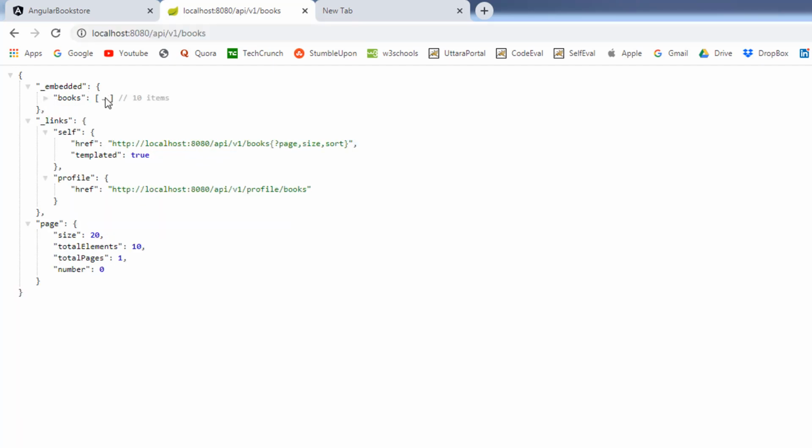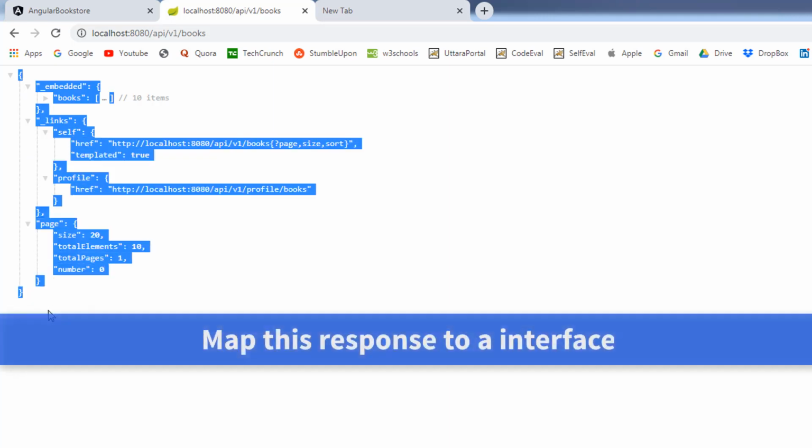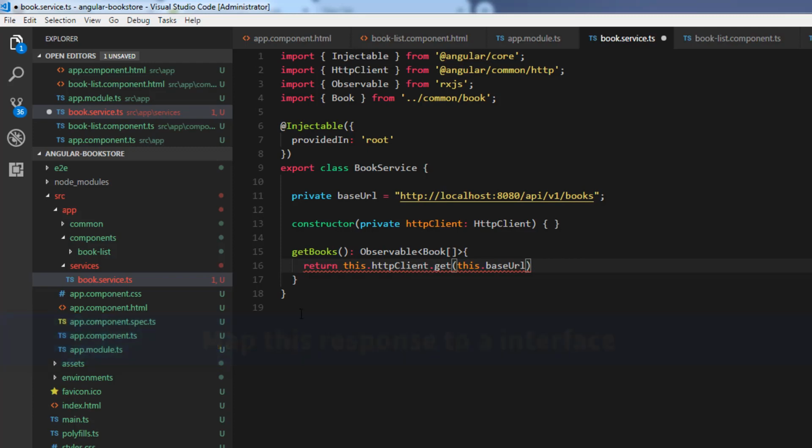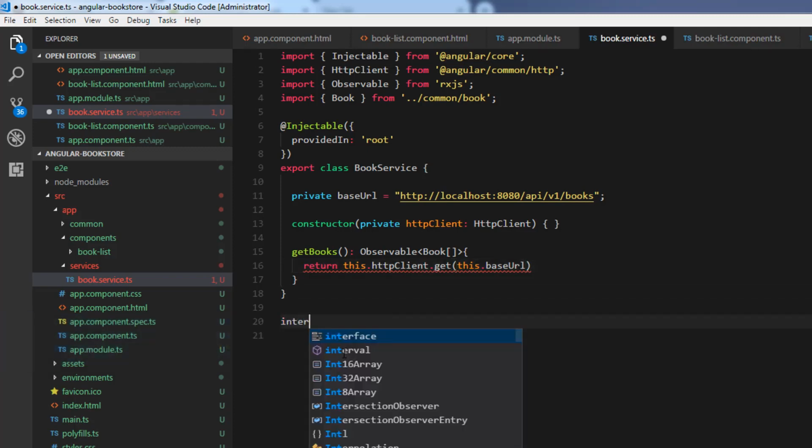This book array is wrapped inside the _embedded. Somehow we need to extract this book array from this _embedded. In order to do that, we are going to map the entire response to an interface. So let's go to the Visual Studio Code and create an interface to map the response.